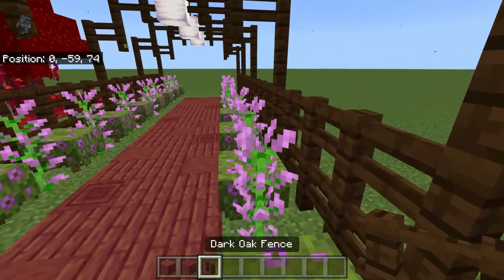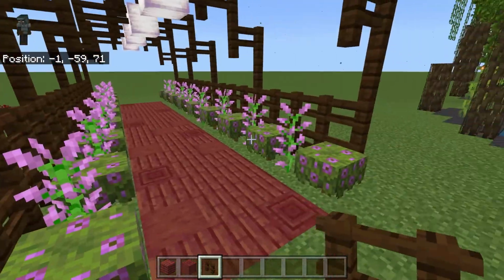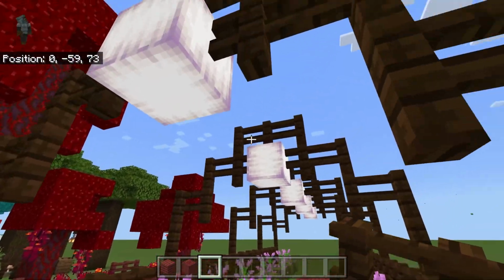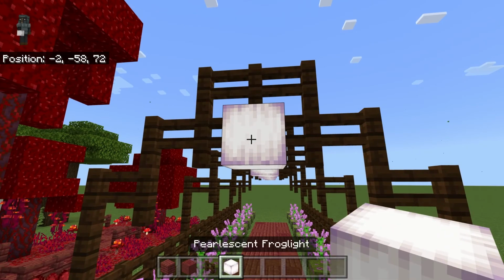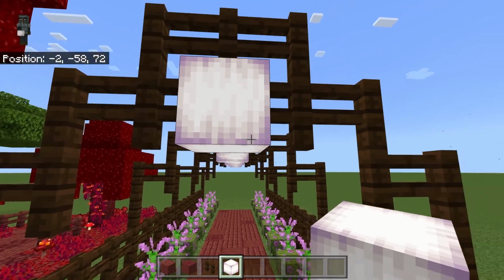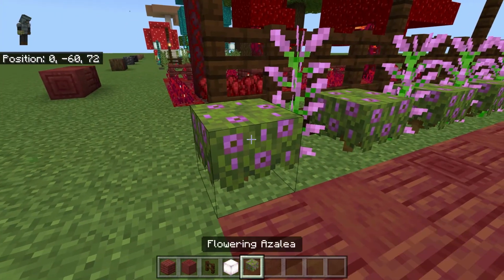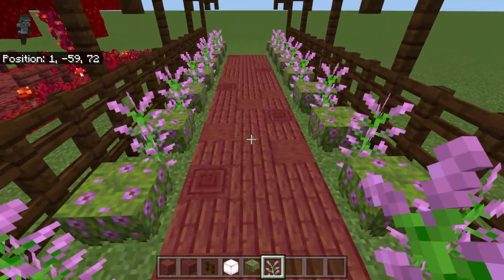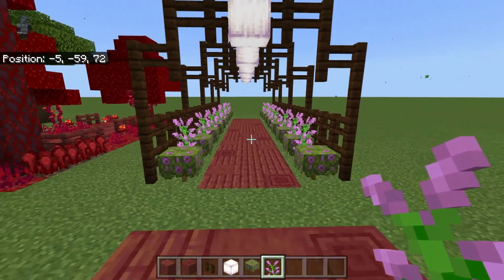I used the oak fences on both sides here, and here, two high, and then I made an arch across the top. In these arches, these are the new frog lights. This is the pearlescent one. It's got the purplish to it. So for the garden part, I used stuff that has a little more purple to it. I used the flowering azalea and the lilac and just made a row on each side of those. Really simple, straightforward, very effective